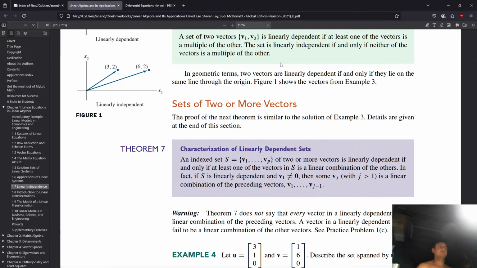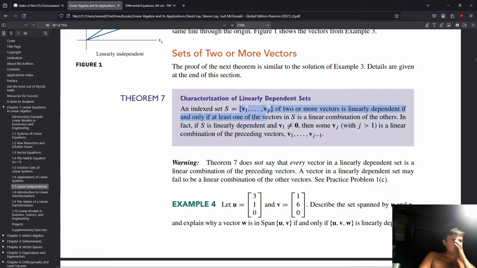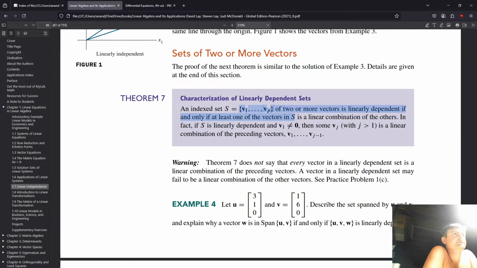A set of two or more vectors, an indexed set of vectors, is linearly dependent if and only if at least one of the vectors in S is a linear combination of the others. In fact, S is linearly independent if V1